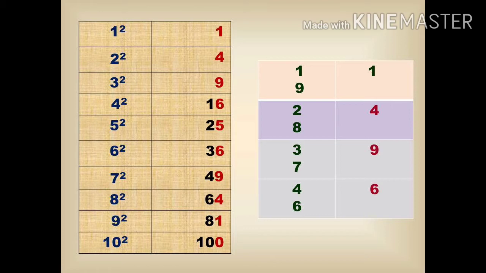The same continues for 9 also. If a number ends in 9, the square root of that number will end in 3 or 7. And finally, if a number ends in 6, the square root of the number will end in 4 or 6. So this will give a clue to find the unit digit of a number when finding square root.